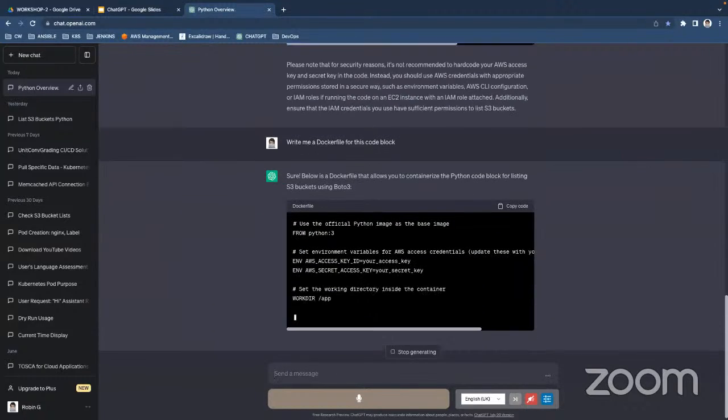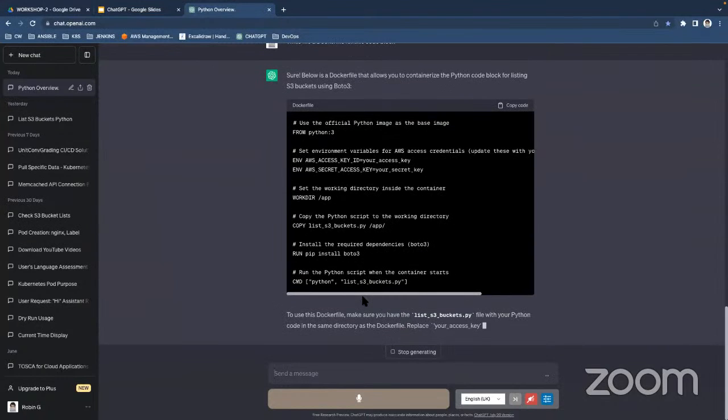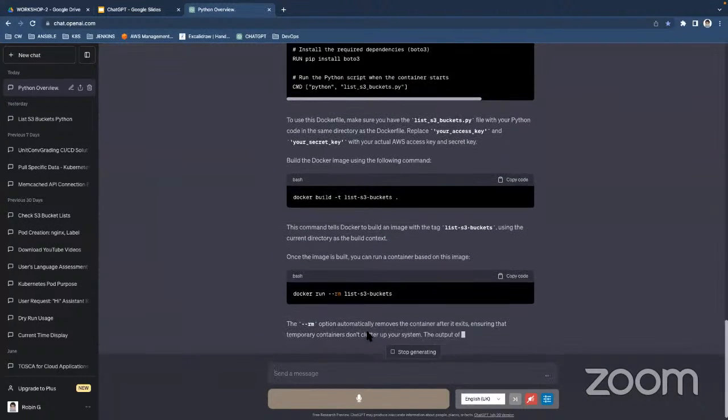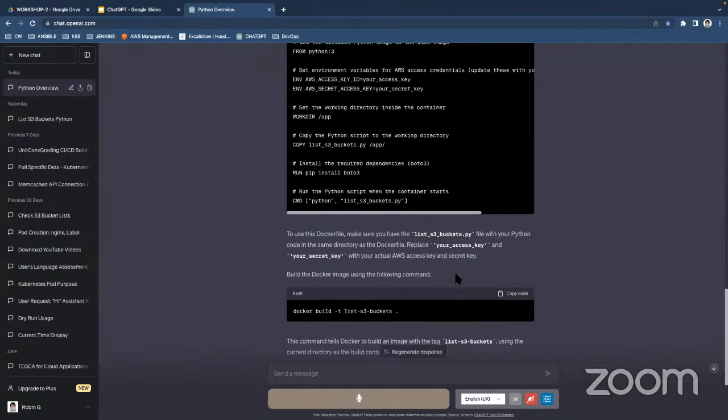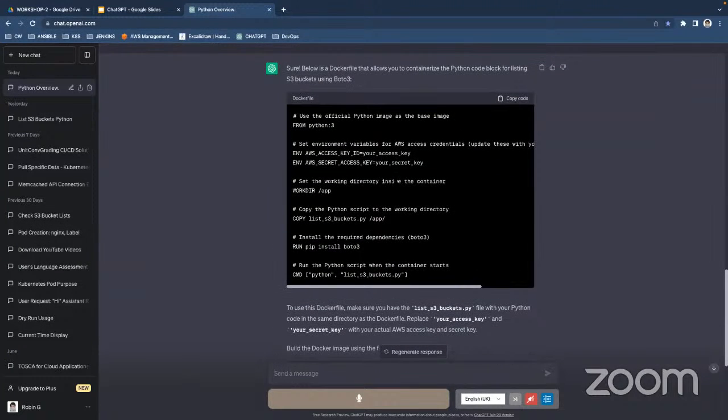But you should be very careful to provide some extra information here, because I'm going to show you something up here. You see, guys, our application should be named according to this one, list s3 buckets.py, but we have added a simple code.py as well.